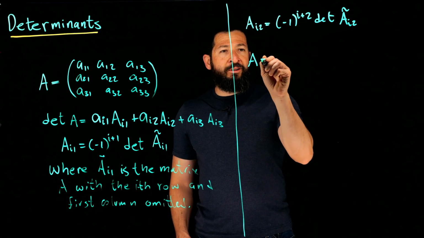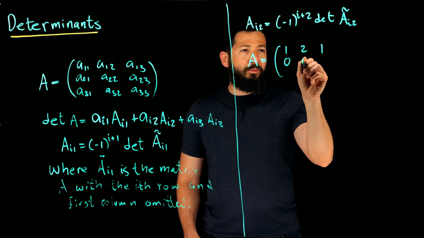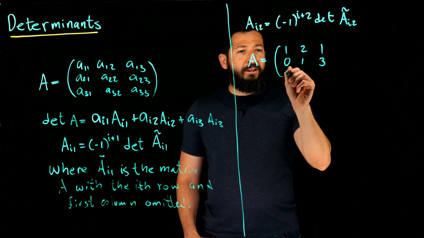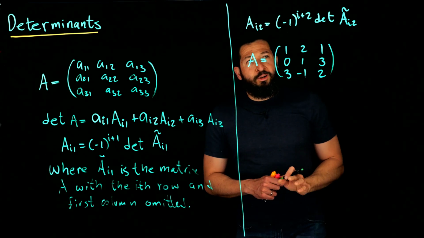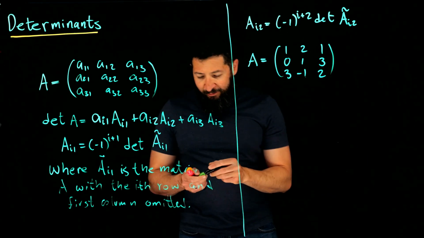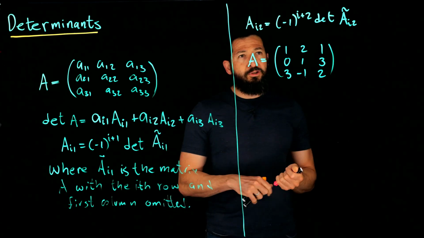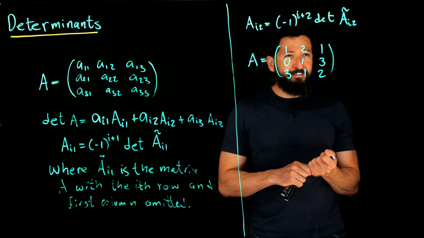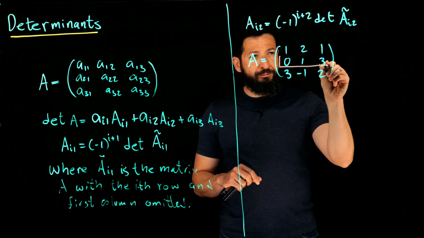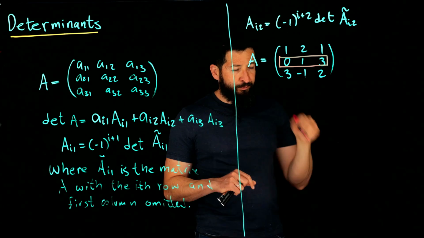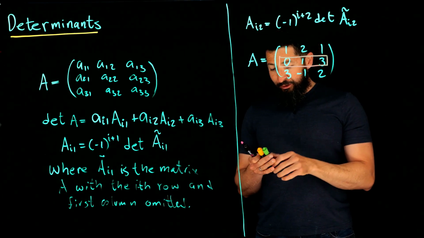So we're going to do the matrix A, which is going to be 1, 2, 1, 0, 1, 3, 3, -1, 2, whatever. So the first step is called the cofactor expansion. If you're going to do the cofactor expansion, choose a row that has the most zeros. Why would you do that? Well, because if you use your formula,